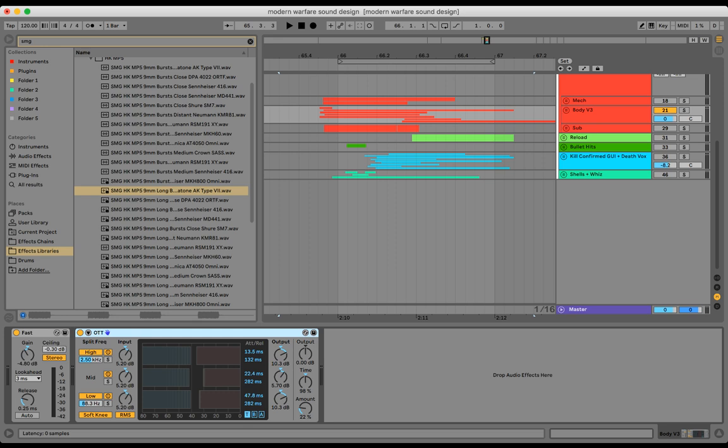I think it goes back to hardware days. I'm not quite sure about the history of OTT, but it's kind of a producer's tool. It gets coined as being this thing. It gets the reputation of being this kind of effect that you can use to make anything sound more full. And that is kind of what it is, because essentially what it does is compress to hell everything in